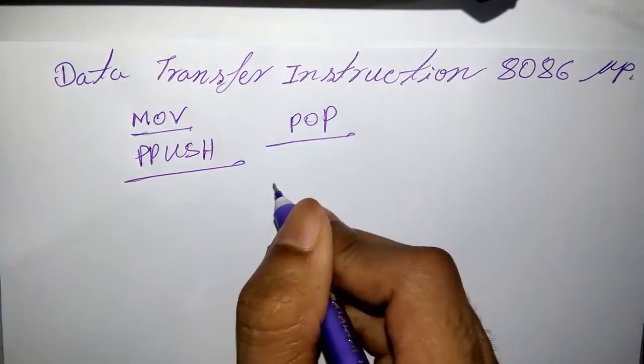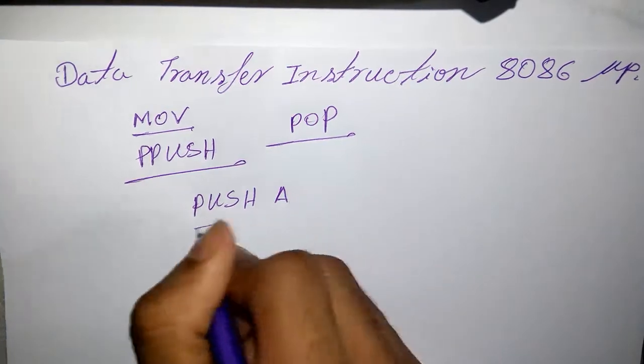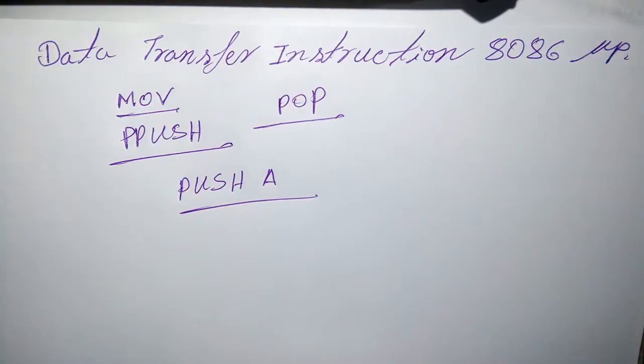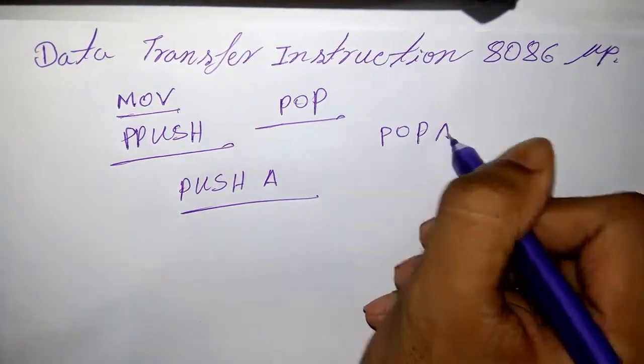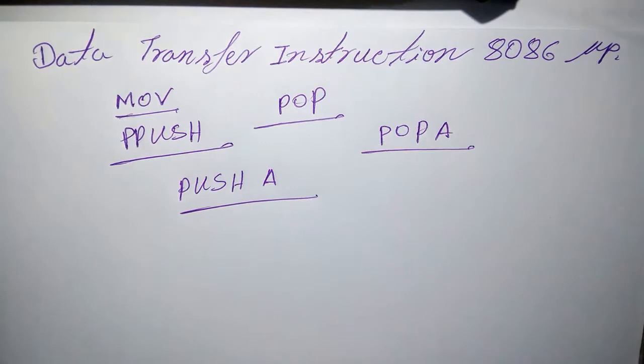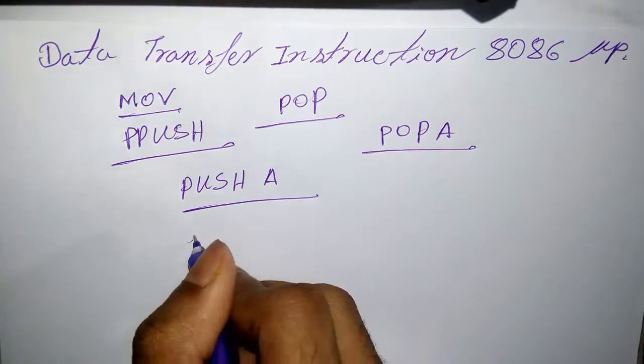Okay, and next one is PUSHA. This instruction is used to put all the registers onto the stack. Next one is POPA. This instruction is used to get words from the stack into all the registers. Okay, and next one is